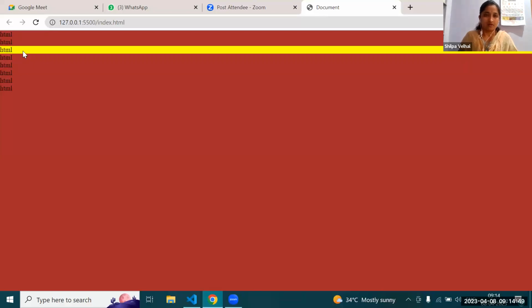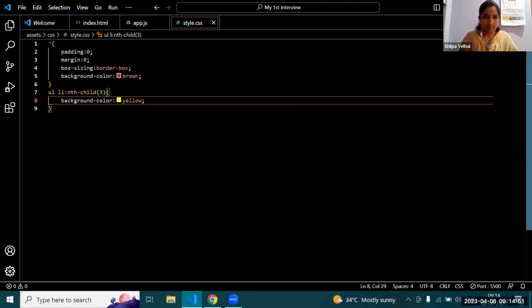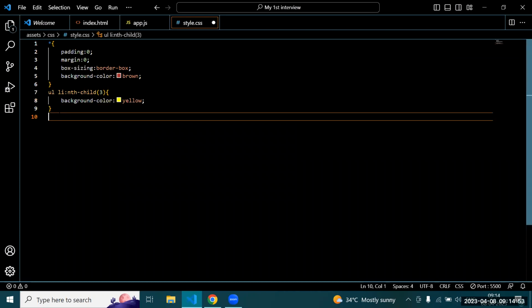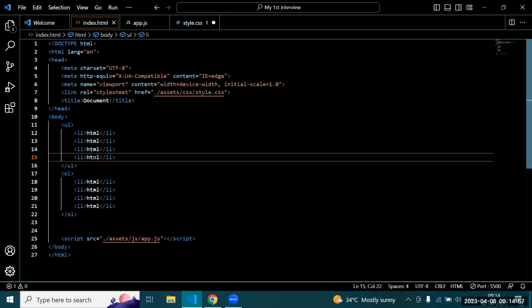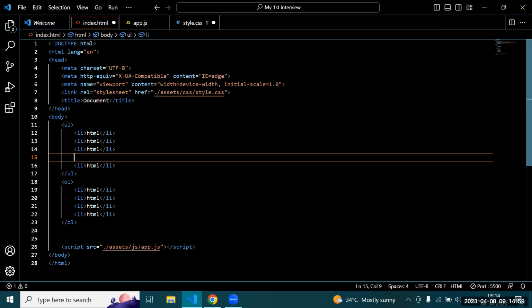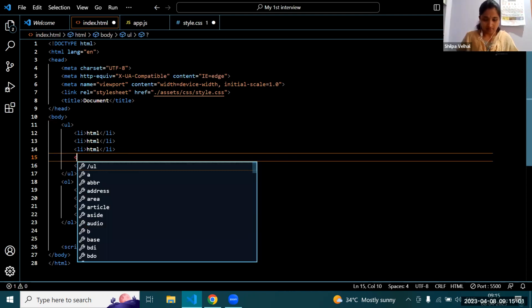So this is nth-child. Suppose another element is there.